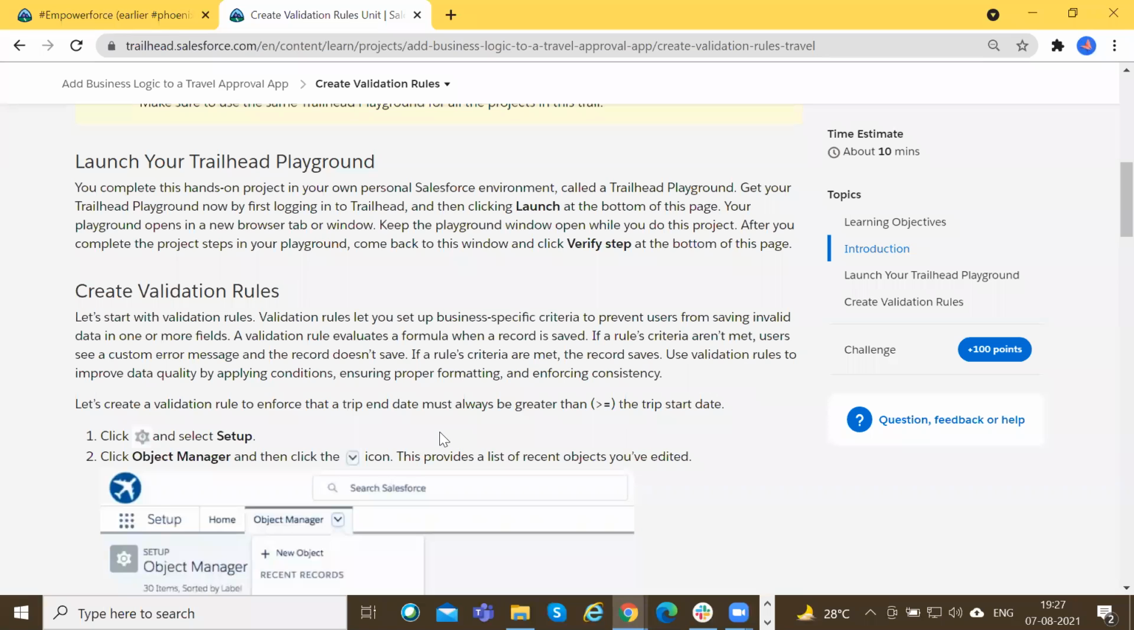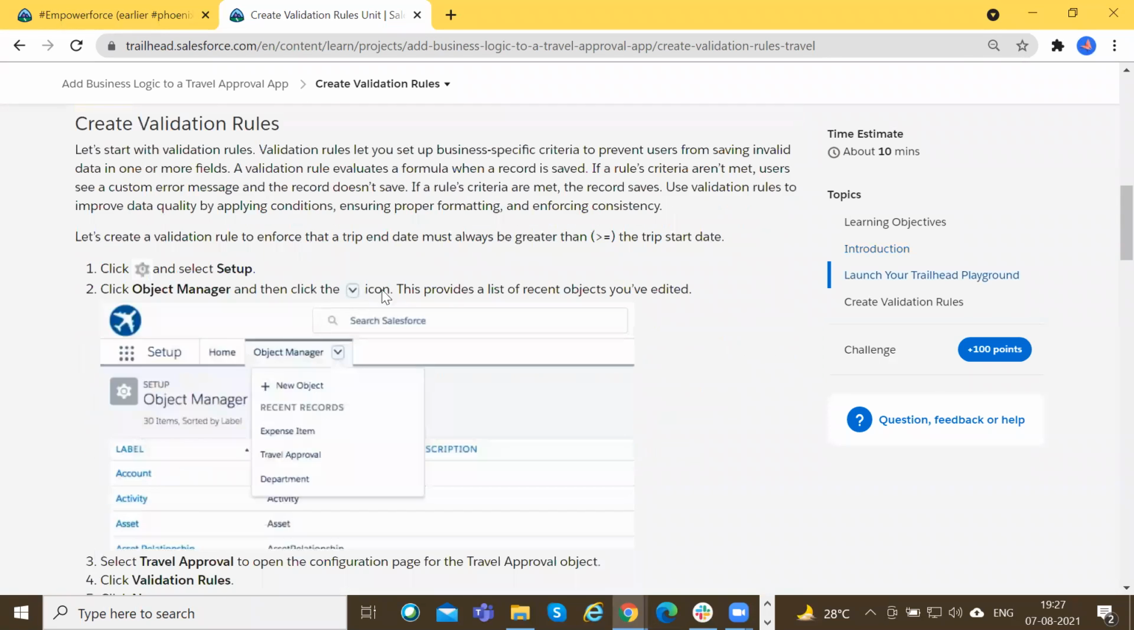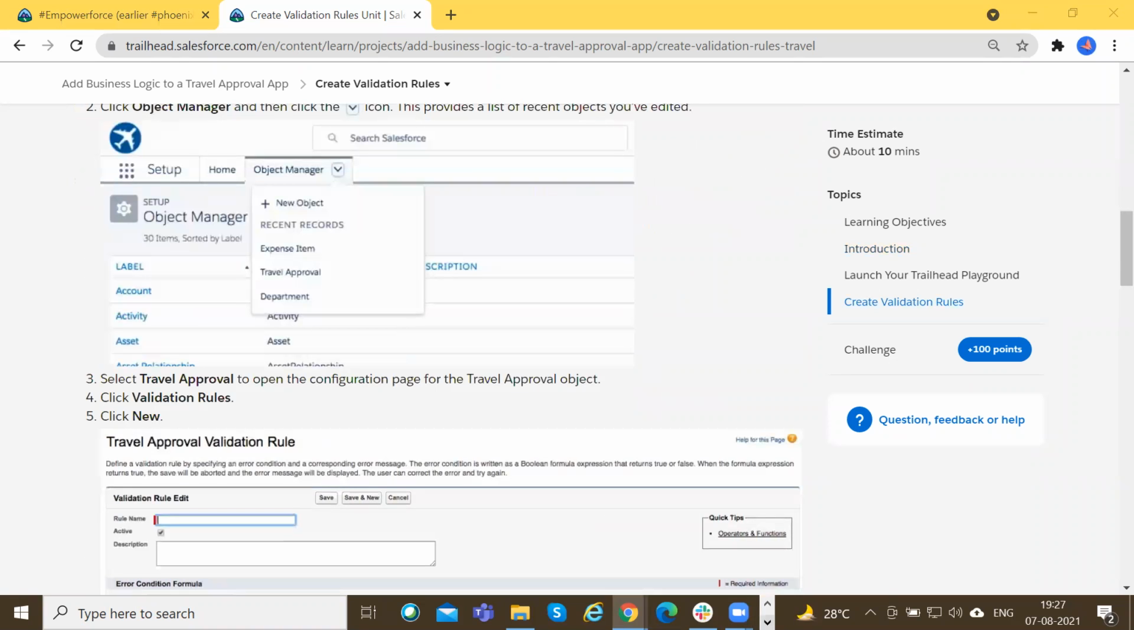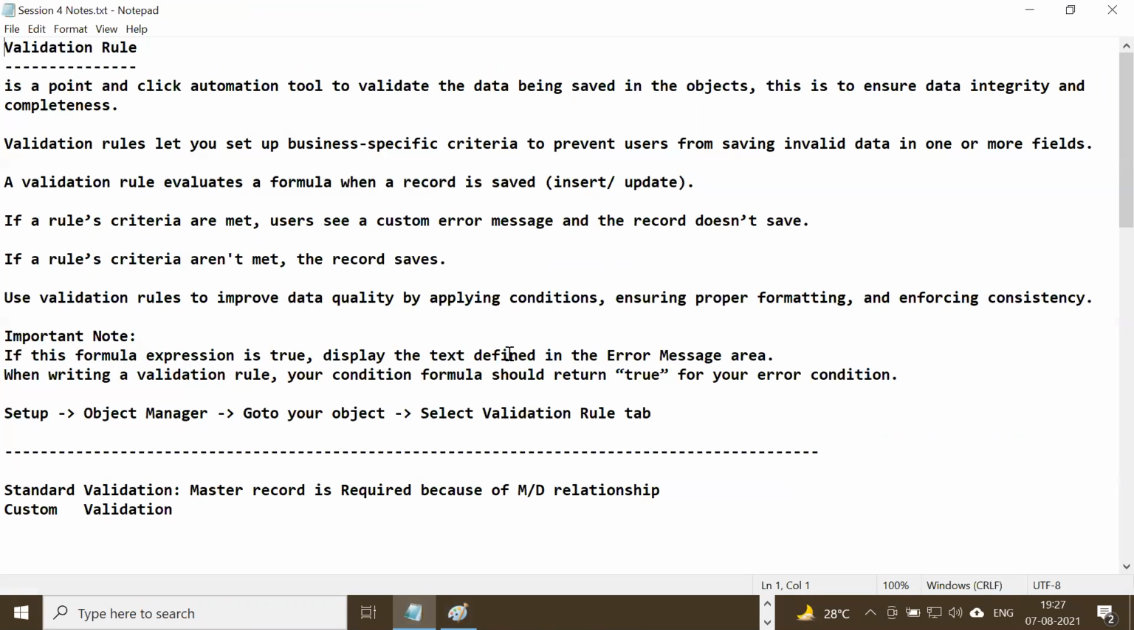Okay, so I'm again taking a step back here. So why do we create validation rules? Before we go into the practical, let's understand a few important concepts. So if you can see my screen,